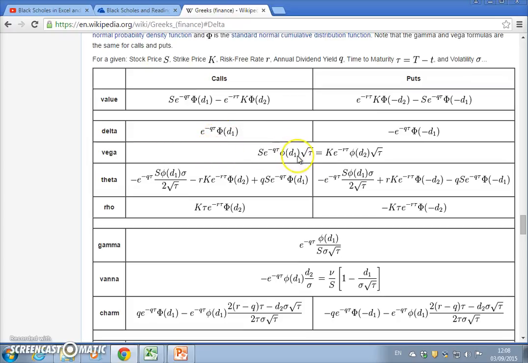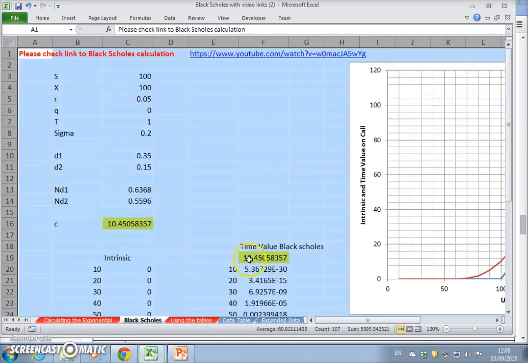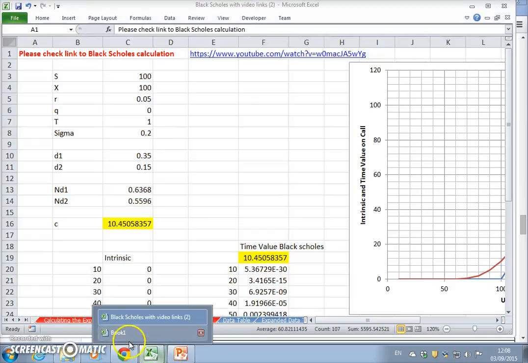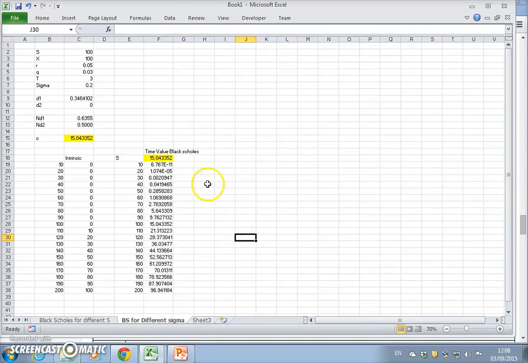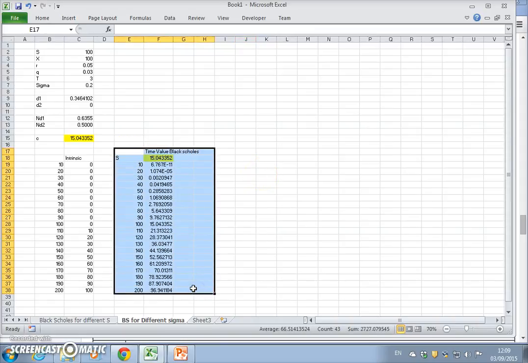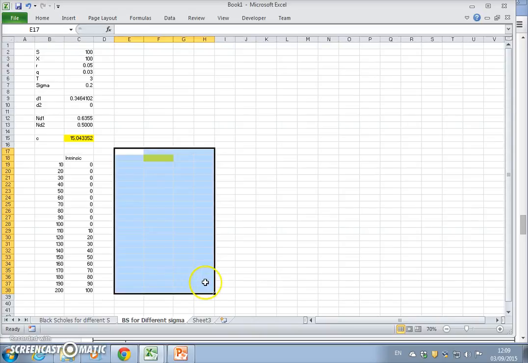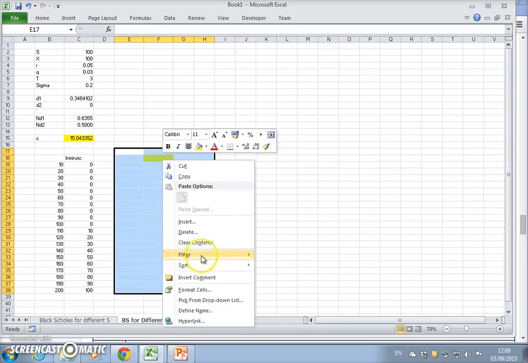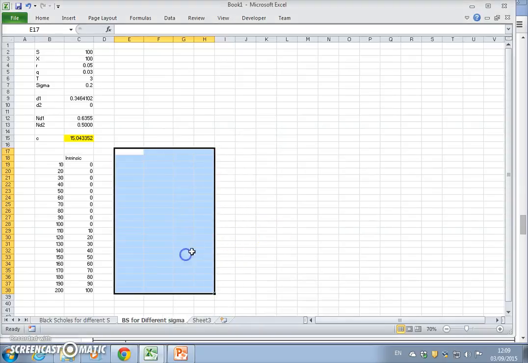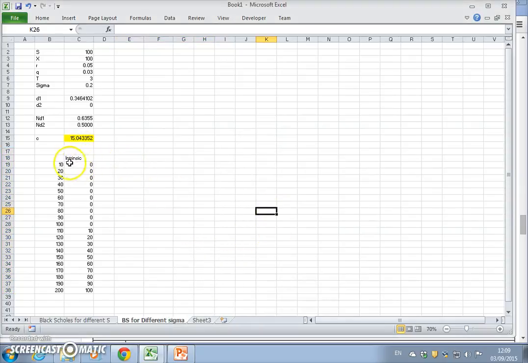The vega represents the change in the value of the option for a given change in the volatility. Right? So if we go back into our spreadsheet and do the manual estimation of each of these, we could visually examine the impact of changing the value